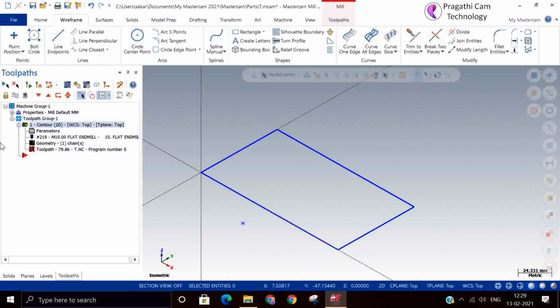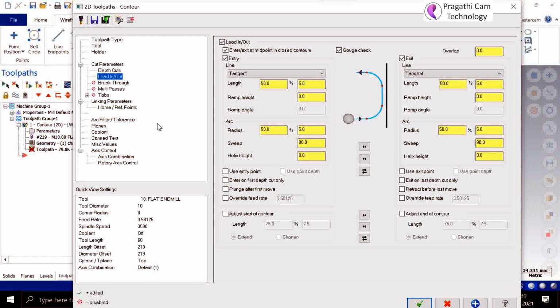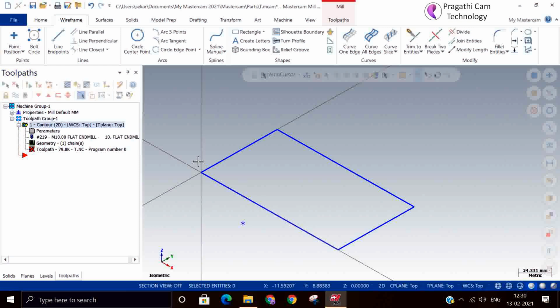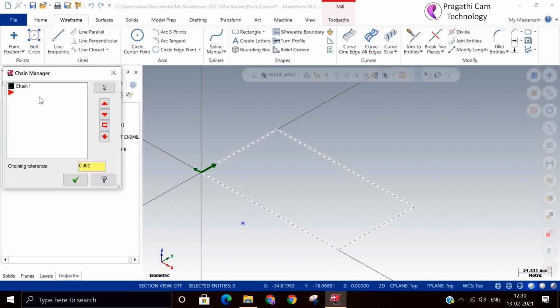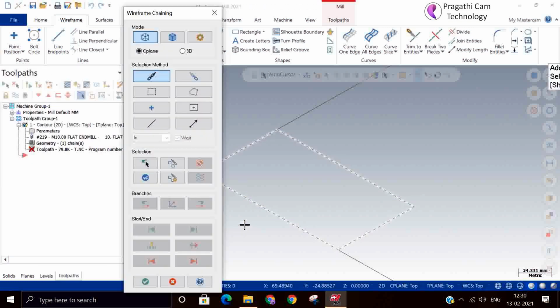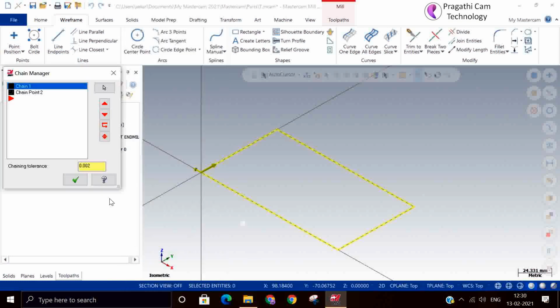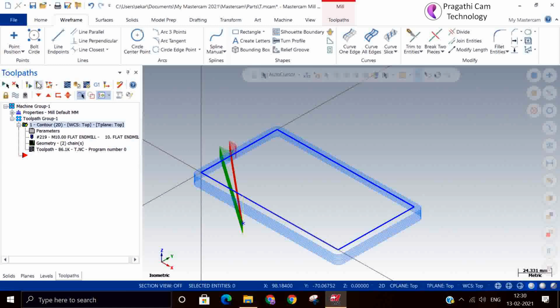The tool should always enter and exit on that particular point. I selected use entry and exit point. So now I will add this point. Okay, I will rearrange the position. First should be the point, next will be the chain. Then only it will work properly.